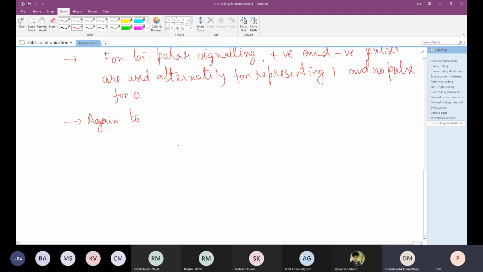In that case, clock sensing will be done periodically, when ones come. Only then will clock sensing be possible, because the clock needs to be synchronized periodically, from time to time. At least for the one we can sense it, but if there are consecutive zeros, of course, there is some difficulty. To combat that,